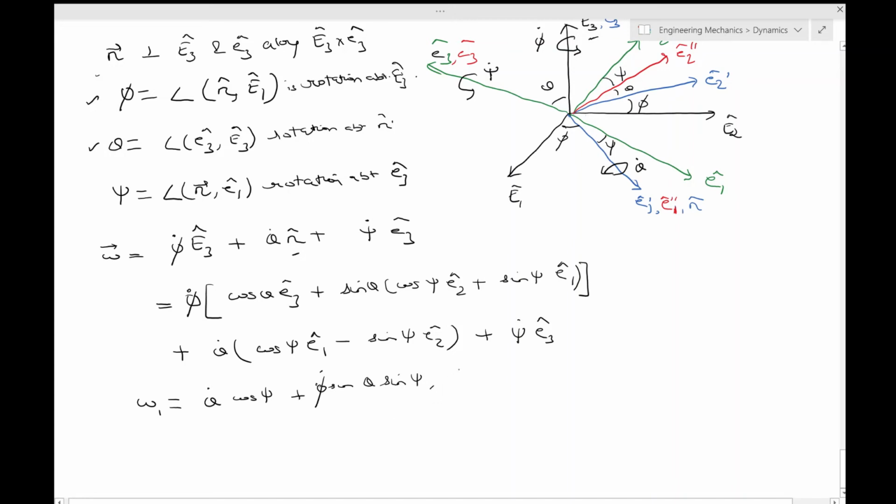and then omega 2 would be minus theta dot sine psi plus phi dot sine theta cos psi, and omega 3 would be psi dot plus phi dot cos theta. Okay,